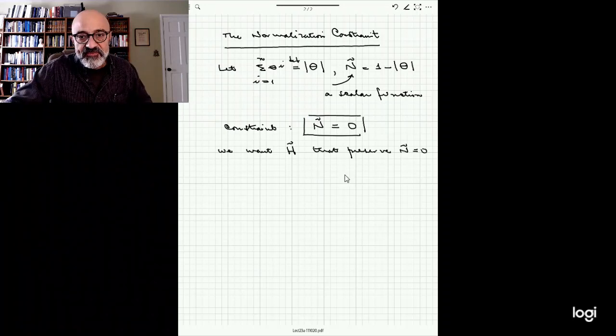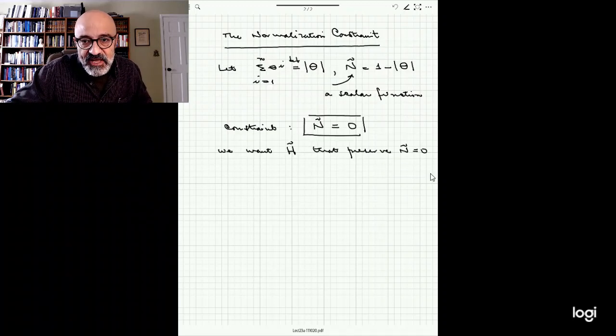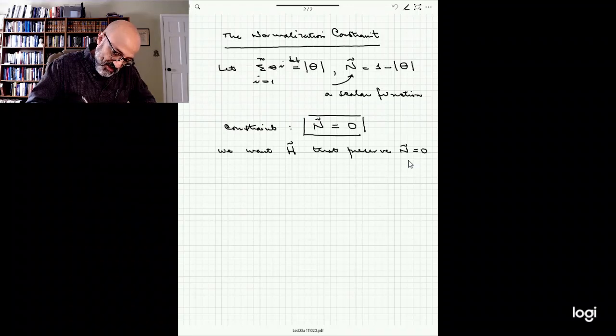In other words, if you start with a normalized probability and you evolve it according to these rules, we want to constrain our H tildes, our possible Hamiltonians, in such a way that if initially you had n equals 0, then n equals 0 is going to be preserved by the evolution. So what this means, therefore,